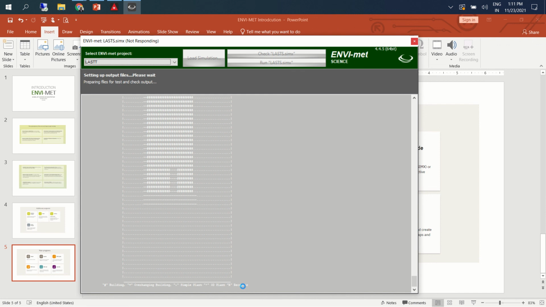I think you guys are reading papers. In the papers, you must have seen that whenever ENVI-met software is used for some results, they will also tabulate certain things. The tabulation will be of